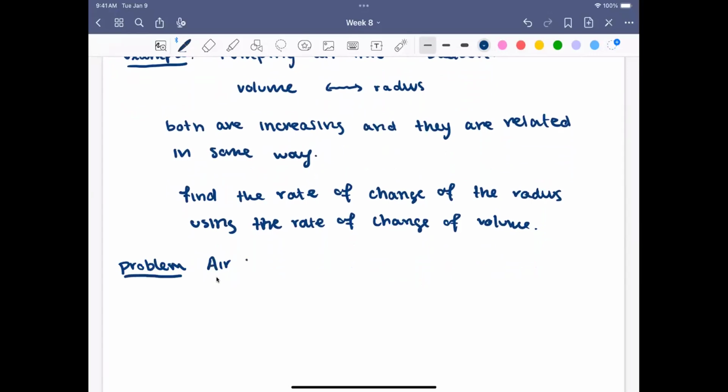We're going to assume that the balloon is spherical because typically with these problems, you'll need to know an equation for the volume of the object that you're looking at. We're going to assume it's spherical because that is something that we have an equation for the volume of. Okay, so we'll assume air is being pumped into a spherical